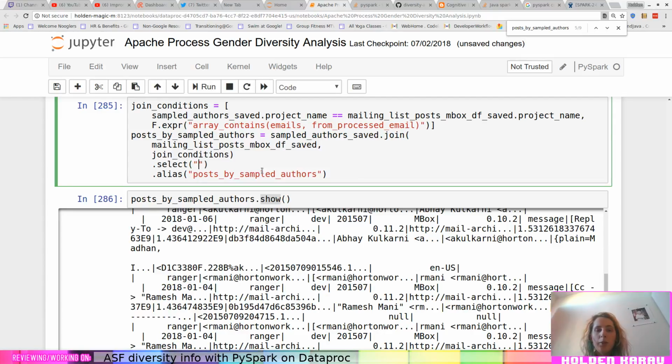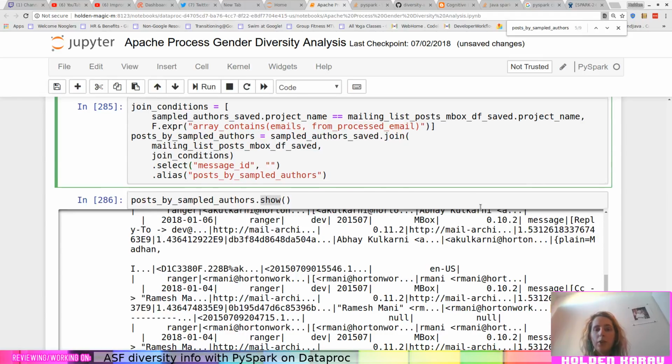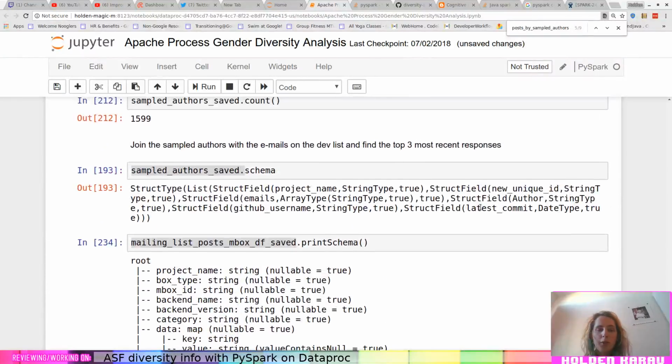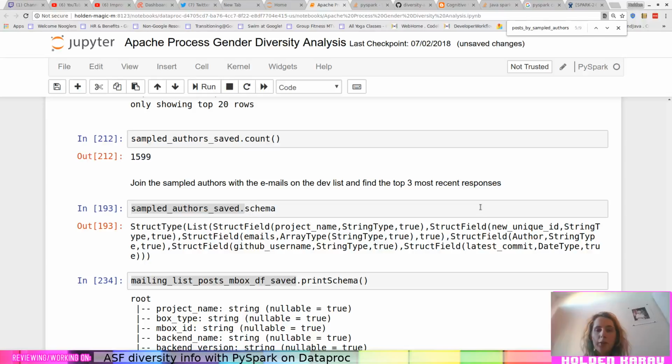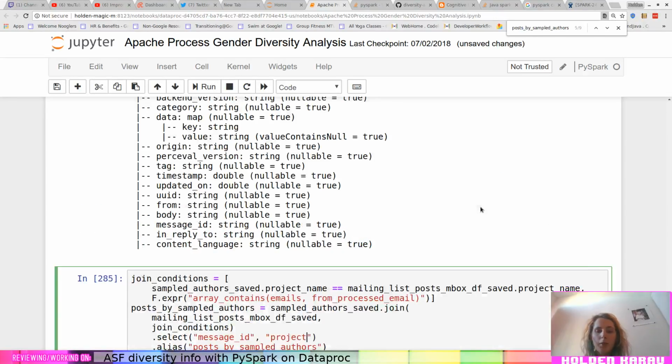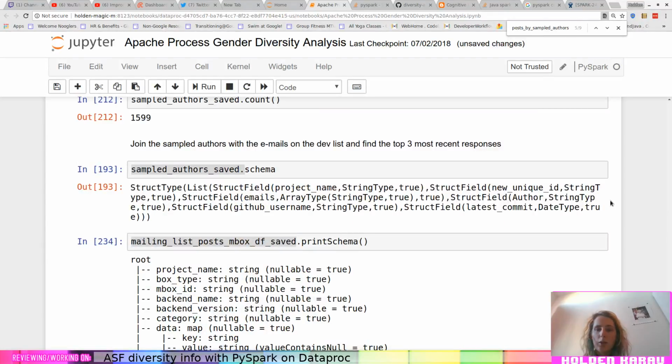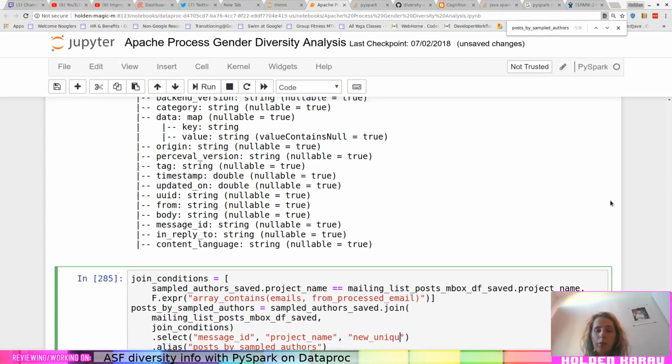We care about the message ID, and we care about the project name, and one more, new unique ID.